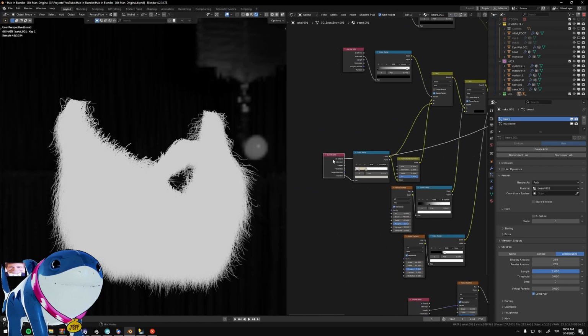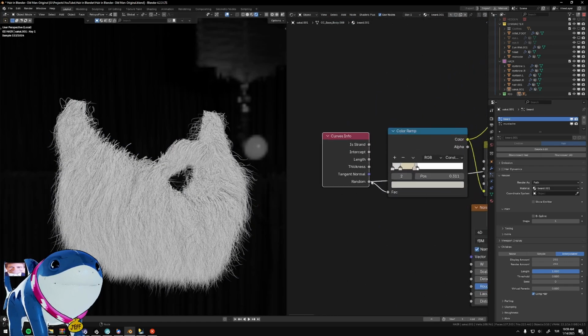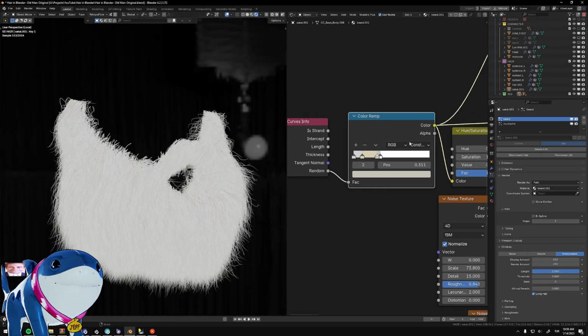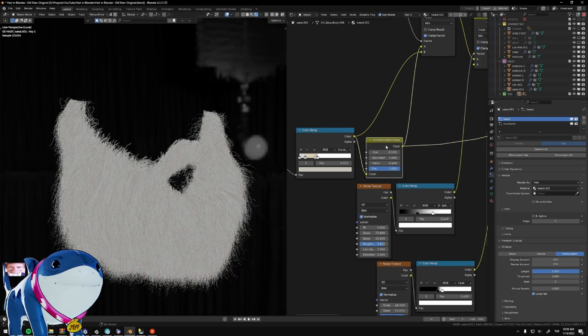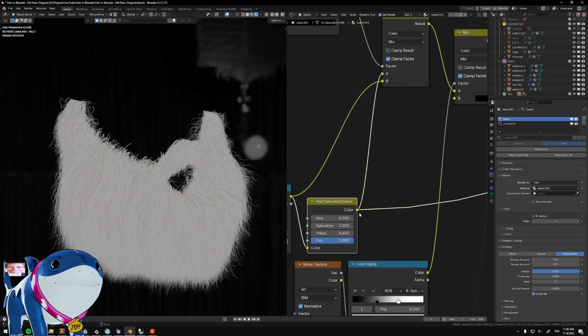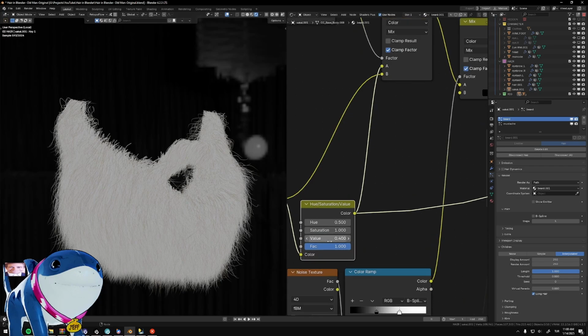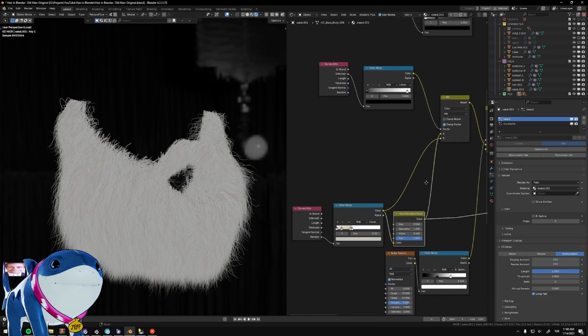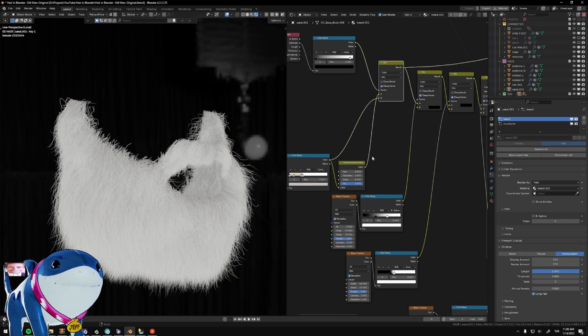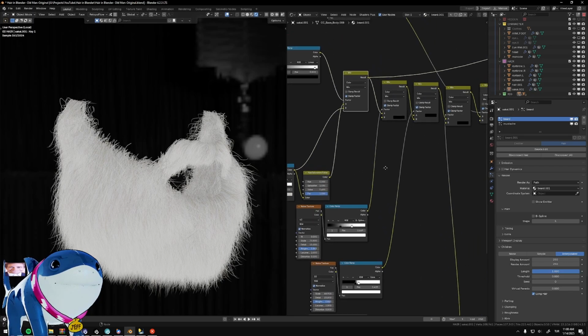And these ones are just random. Curves Info random just gives you random values, and you can use a color ramp to pick random colors. Then you can have hue saturation here to make some of them darker, leaving the value at 0.4 or 0.5, and then you just keep mixing them. So instead of picking only one base color from the Principled BSDF,